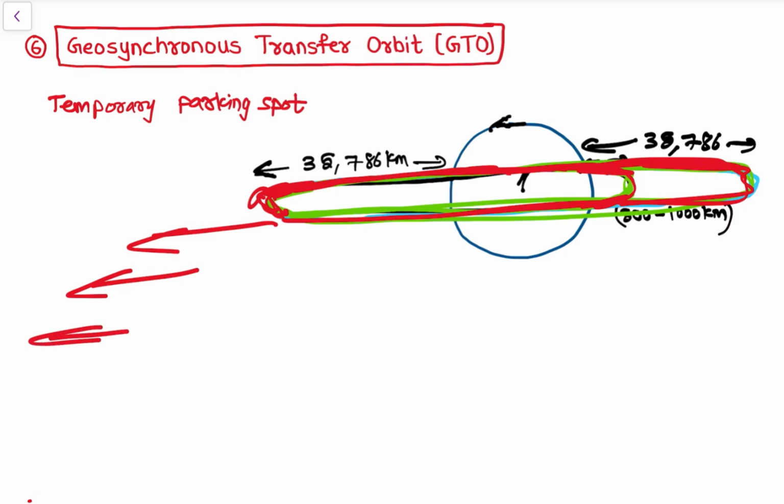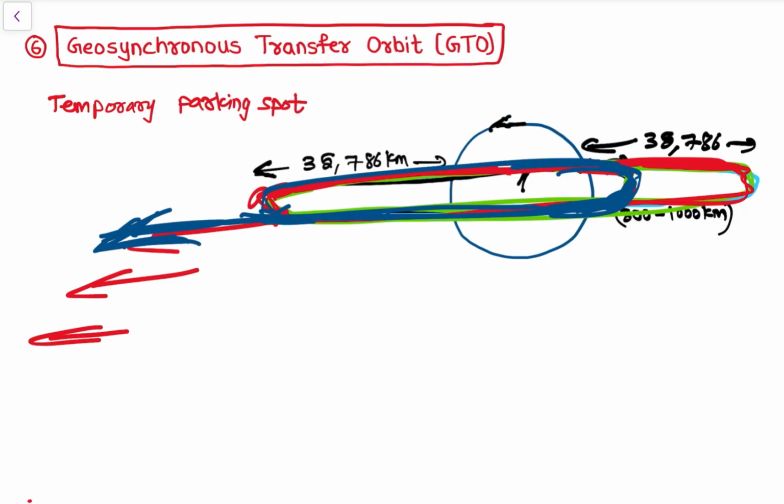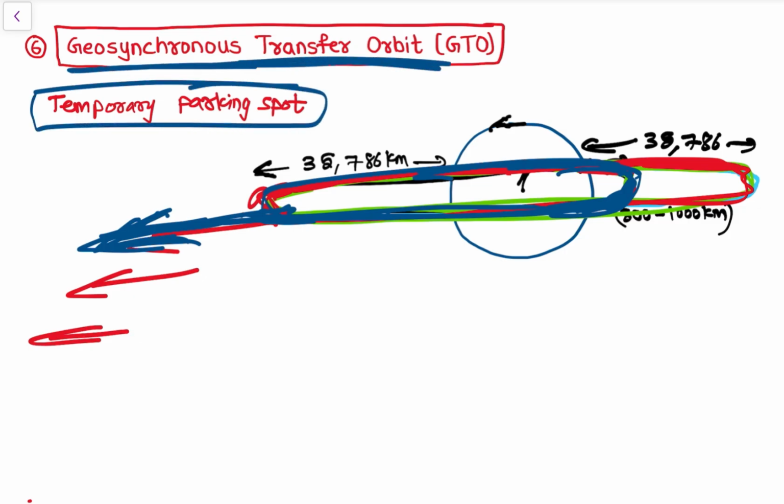So first send it to GTO, right, and GTO 800 किलोमीटर पे फिर पुश करो, राइट, इधर आएगा फिर वापस आएगी, राइट, देन इधर 800 किलोमीटर में फिर पुश करो, फिर जाएगी, फिर वापस आएगी, देन अगेन पुश इट with greater thrust, so then it will move outside the earth's sphere of influence, right. So that is the main role of geosynchronous transfer orbit, that is temporary parking spot for satellites which can be put in geostationary orbit, right, or